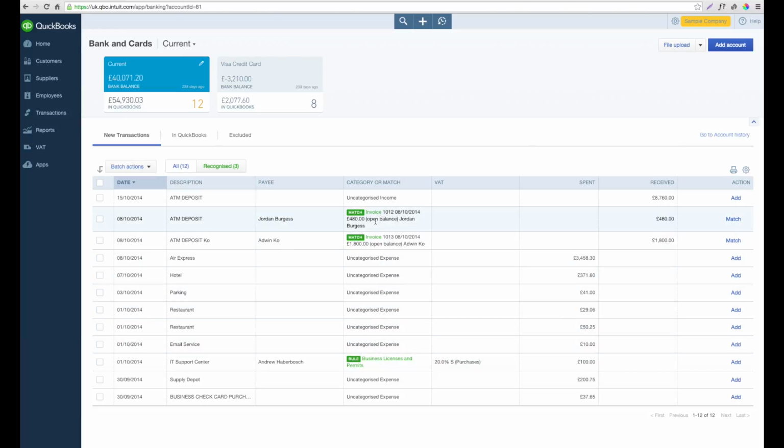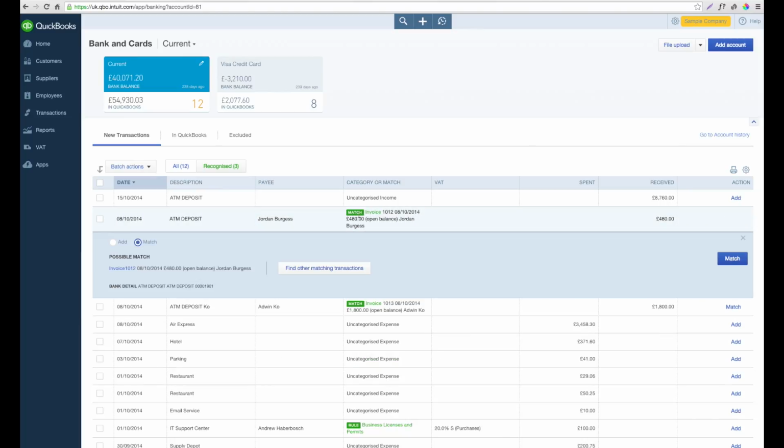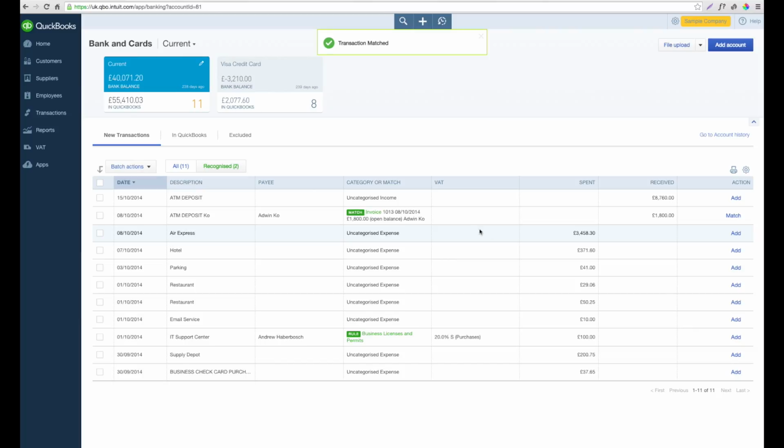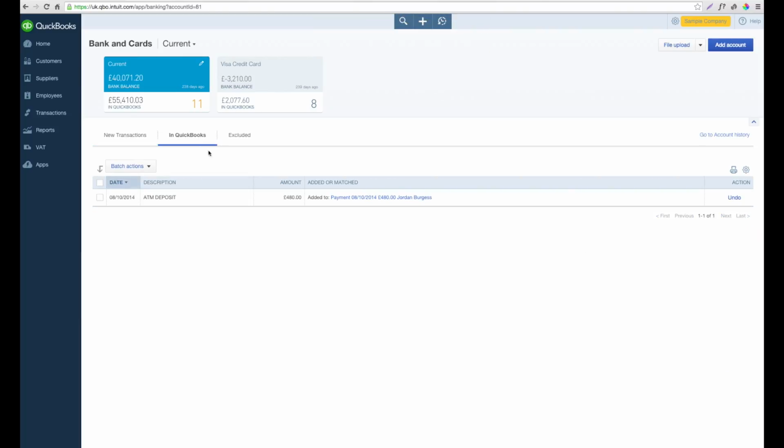This is because QuickBooks has automatically picked up from the payee name and the amount received that this matches to a customer invoice. If you're happy that that agrees and you want to say that that is correct, then all we do is click match and click the right hand side match as well, and then the transaction has been added to your QuickBooks. As you can see, if we click in QuickBooks, the deposit for Jordan Burgess has now